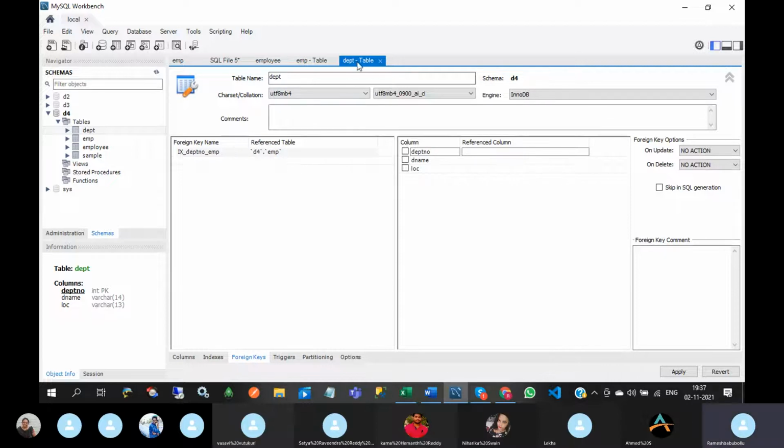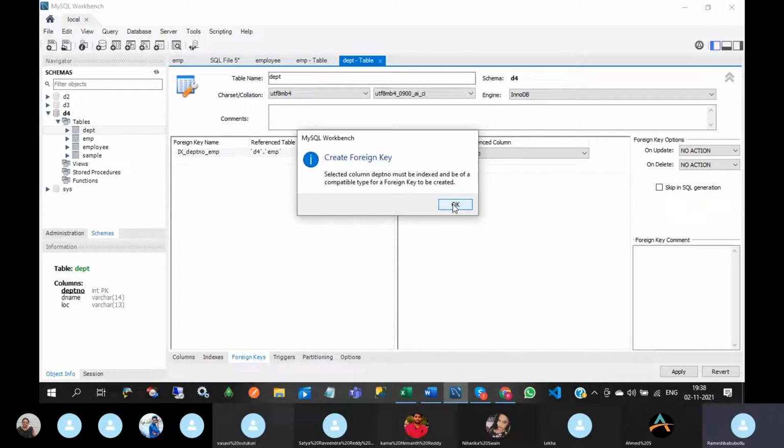Look at this, in the DEPT table only we are doing all these things. These are the DEPT table column names: department number, D name, location. Select, and here we mention the EMP table in the reference table. Here you can select which column is associated with this department number. So department number. Create column foreign key.